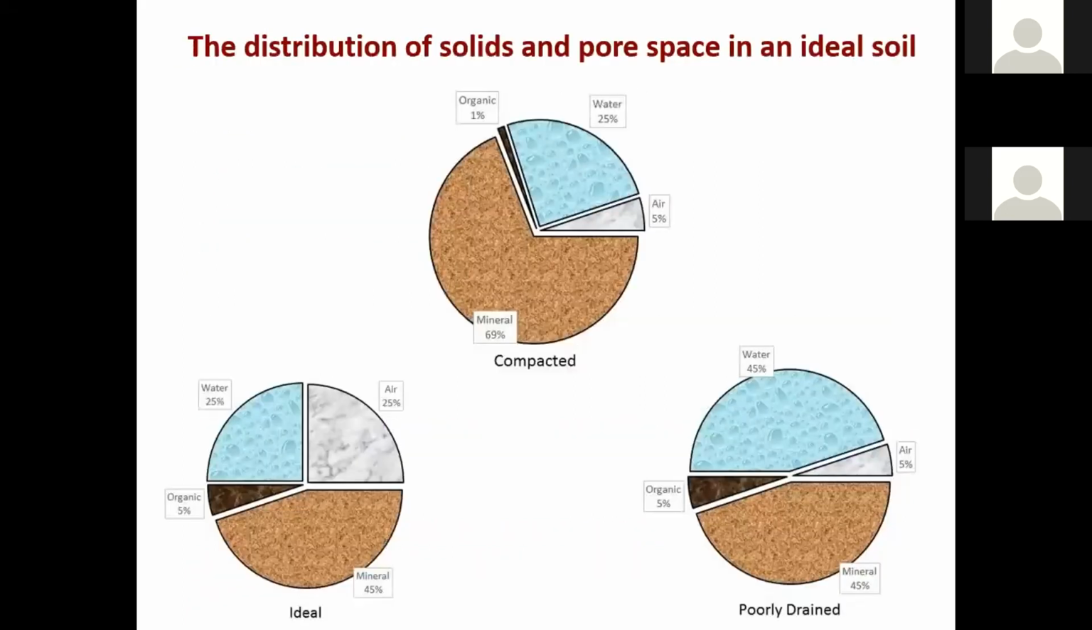Soil mainly has solids, liquids and gases. We consider a good or ideal soil to be about 45% solid mineral, and 5% should be organic matter. Whatever is left over, about 50%, should be air and water, but that always fluctuates depending on your soil conditions. So that's why this